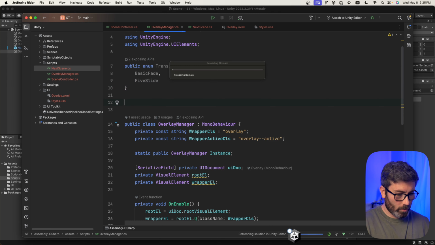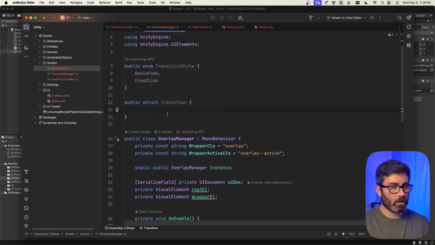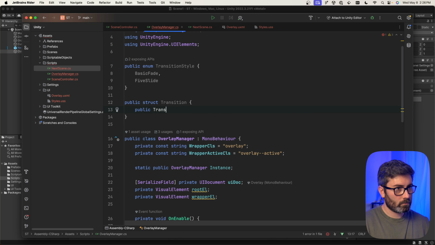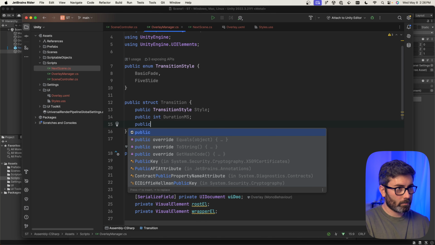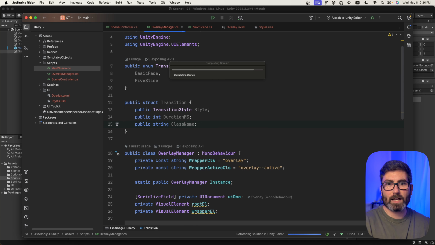And then we'll create a struct down here. So public struct, and we'll call this Transition. And this struct is going to consist of a few properties. So the first one is going to be the style of transition it is. So let's go public TransitionStyle. And we'll just call that style. We're going to have public int durationMs, which will represent the duration it takes to transition it. And the last one is going to be public string className. And for each one of these different transitions, we're going to have a different class name so we can easily